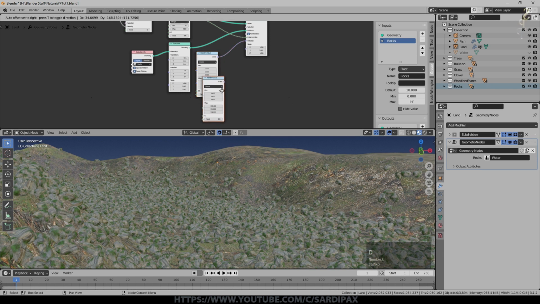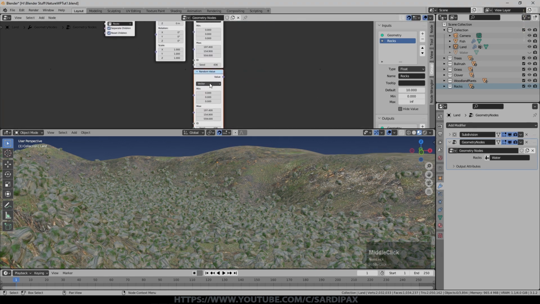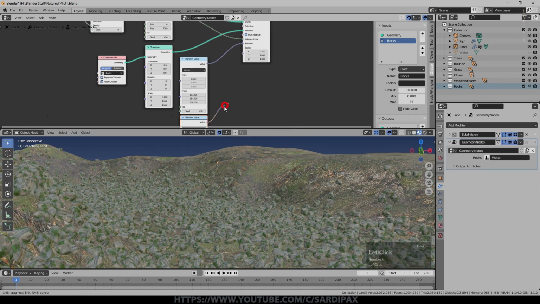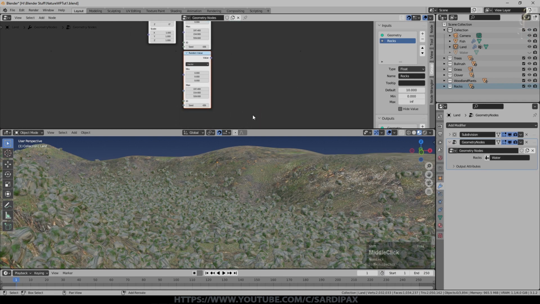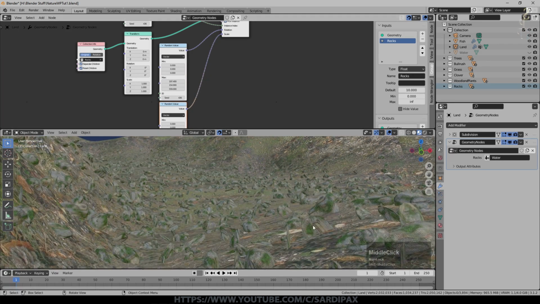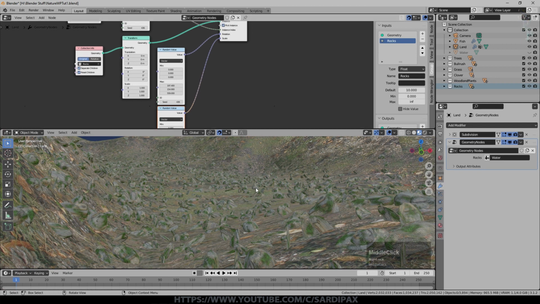And then we'll duplicate that and we'll change it to float. Now you might think I should have this as vector for scale, but if I do that, well, I won't plug that in because they're very large. But if I was to do that, if I set these to 1, for example, and then plug this into here, it might be what you want, but you can see I've got a lot of very flat rocks, and that's not what I want. All I really want is to change the overall scale of the rock.